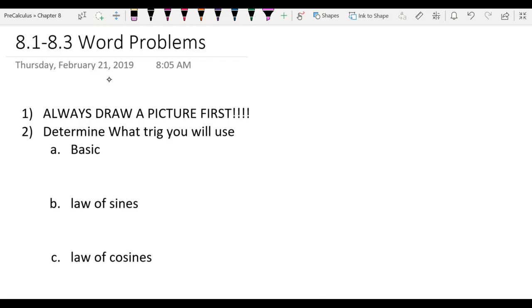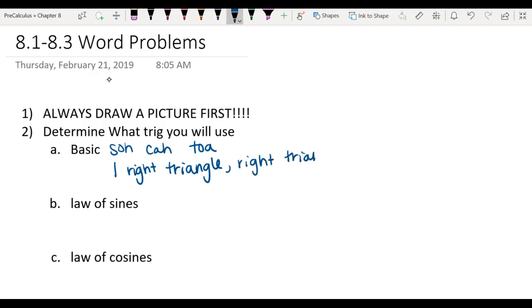You're going to use basic trig, which is the SO, CA, TOA, so sine, cosine, or tangent, if you have one right triangle in your picture, or if your right triangle has a known side. Okay, and we'll see an example of where you wouldn't be able to use basic trig on a right triangle. Okay, law of sines you're going to use if you have an angle